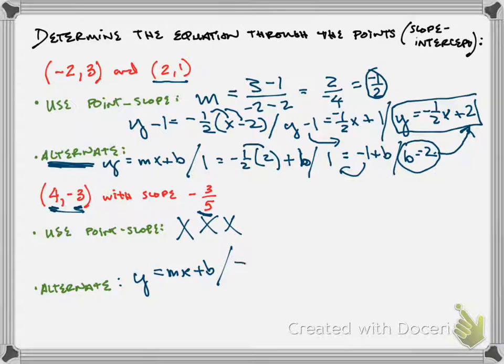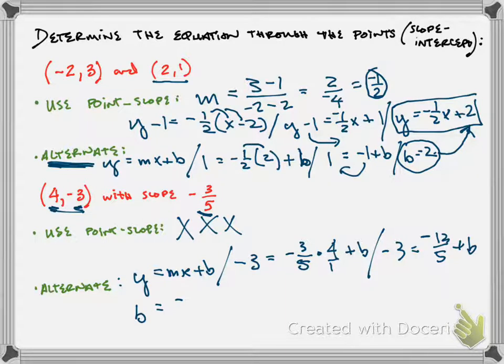So y, negative 3, is equal to m. In this case, again, m is negative 3 over 5, that was given, times x, 4, plus b. So as we've talked about in class, 4 is 4 over 1. We multiply fractions. We get negative 3 is equal to negative 12 over 5 plus b in this case. If I want to solve for b, I must add 12 over 5. So b is equal to negative 3